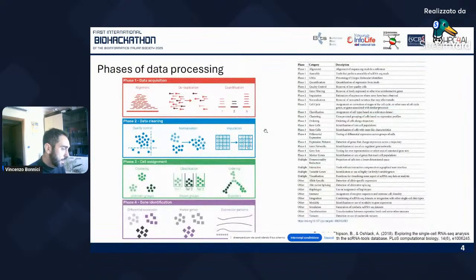So since this is a very brief seminar, I cannot give you all the information that I would like to give you. So I invite you, if you are interested in this part of the pipelines of single-cell RNA-seq, that will not be the goal of the biohackathon, but if you are interested in this part, you may follow many of the tutorials and online workshops that are